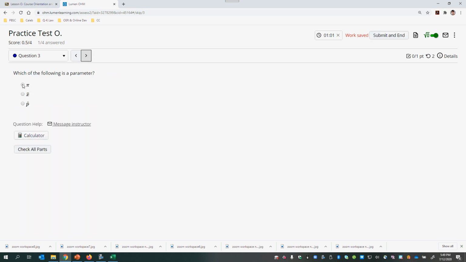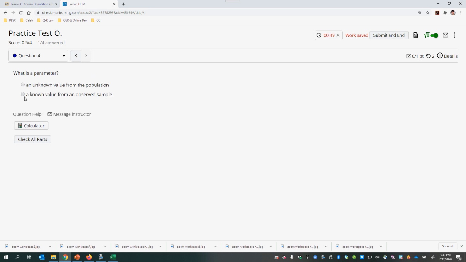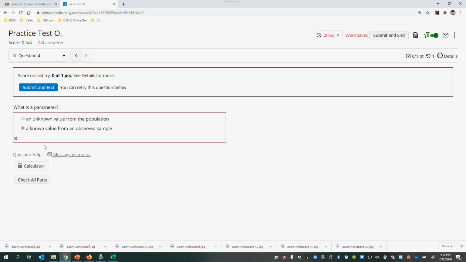On this one, I'm going to answer it incorrectly, but not submit it. And on this one, I'm going to answer it incorrectly. What is a parameter? A known value from an observed sample or an unknown value from, okay, it's this one. So I'm going to answer that incorrectly. All right, now I will change my answer to the correct one after the clock runs out so you can